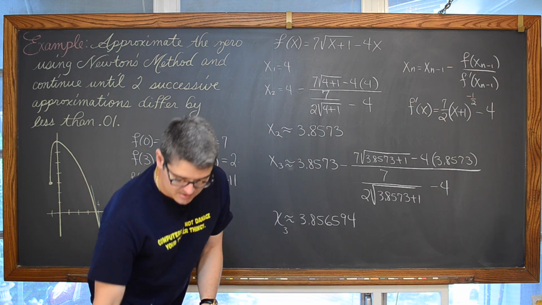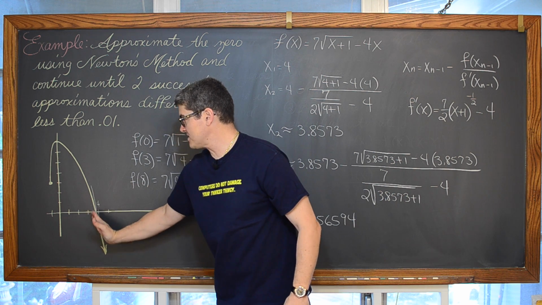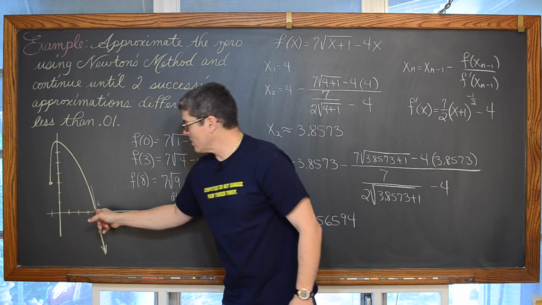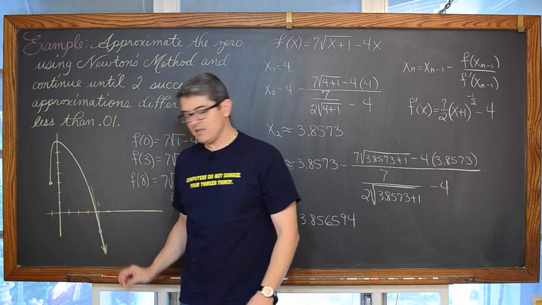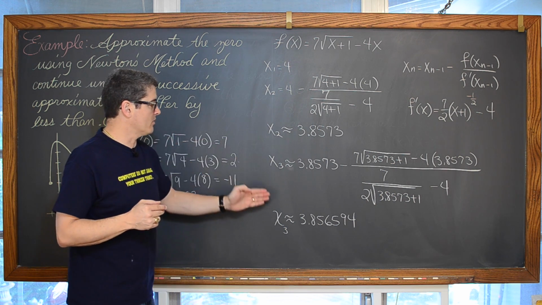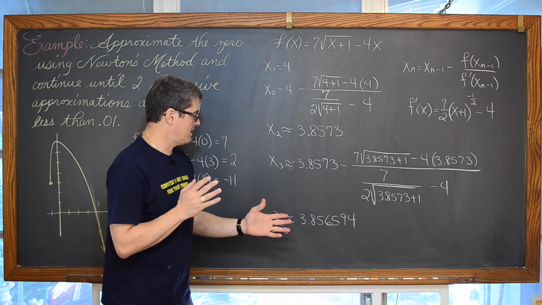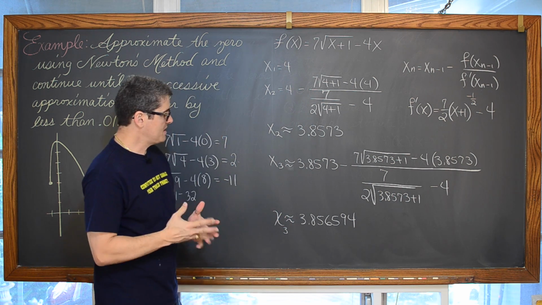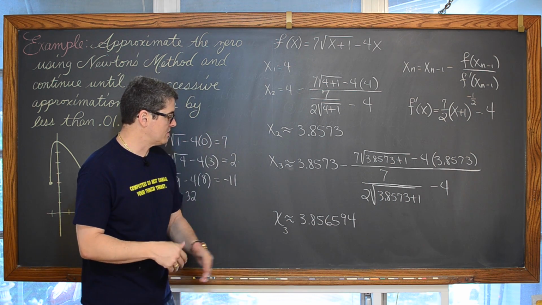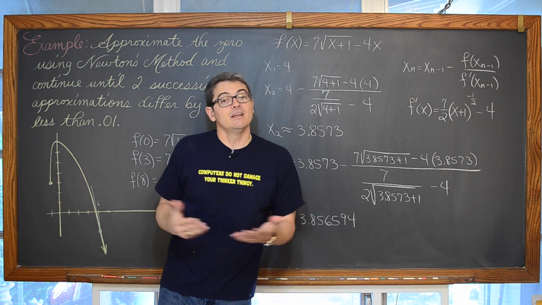And look at, now we could see that this graph drops very drastically, and it's not vertical at this 0 here, but it's pretty darn steep. So technically that's our first guess, and then 2 more iterations, we are becoming very, very close to that actual c value, that actual 0 or root. And on our x sub 3 value, our third iteration, the approximated 0 is 3.8566. And that's the end of our first example.